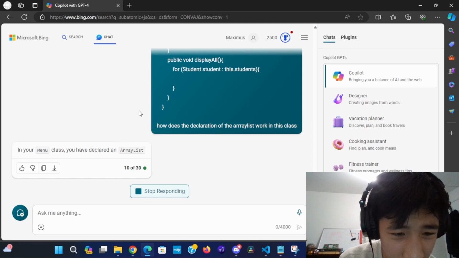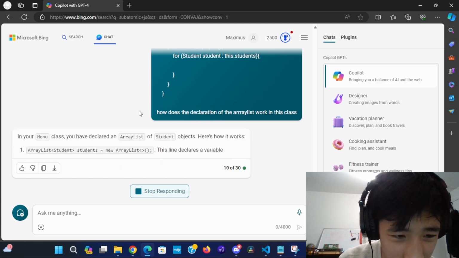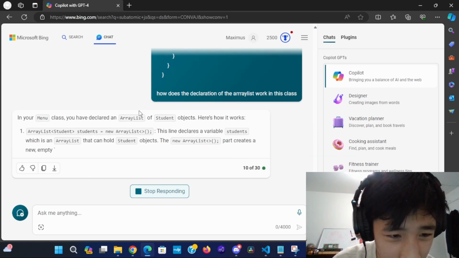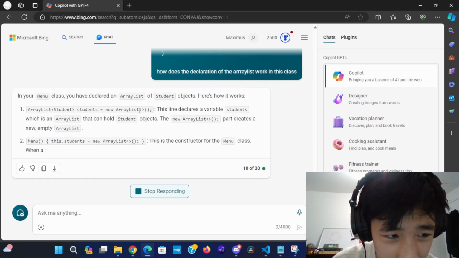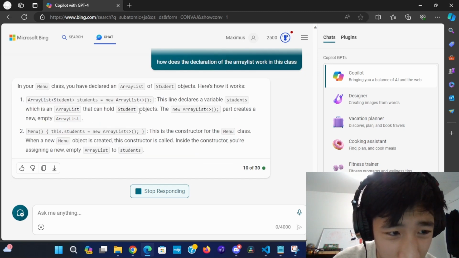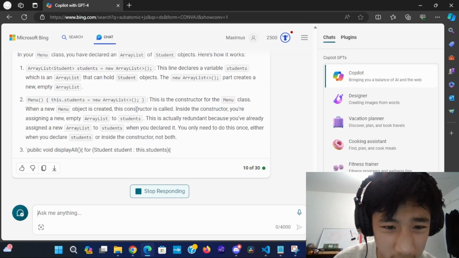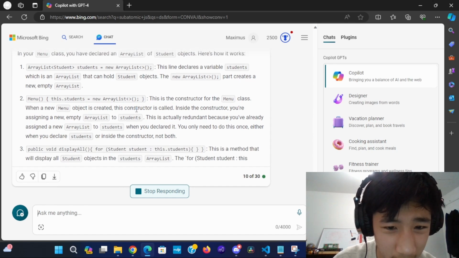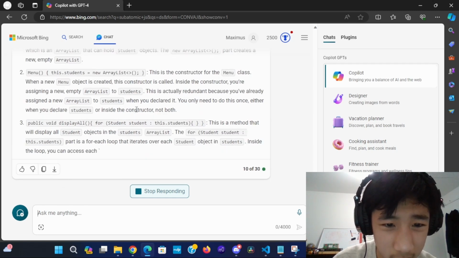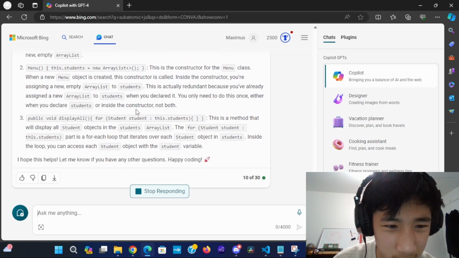In menu class, you have declared an array list of students objects. Here's how it works. Array list students creates an array of students, which is an array list equals student objects. The new array list creates a new empty array list. Menu is a constructor for a menu class. When the new constructor is called, you have a new empty array list. It's actually redundant because I already assigned you to create it. You only do this once, either when you